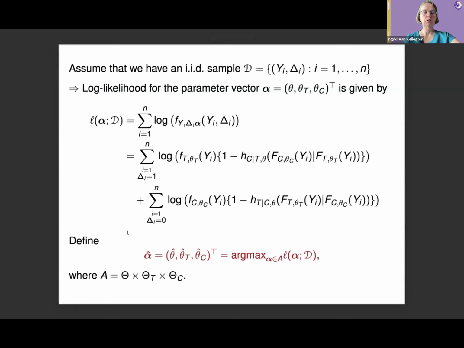Okay, and then finally, the estimation. This is quite simple because it's a fully parametric model. So once you know that it's identified, you can write down the likelihood and then maximize that likelihood. Now, the formula of the likelihood is a bit more messy than what you usually have with right censoring because of this dependent censoring. But in any case, we have an explicit formula which depends on all the parameters. And so we can maximize this log likelihood over these parameters, and that gives us our maximum likelihood estimator.